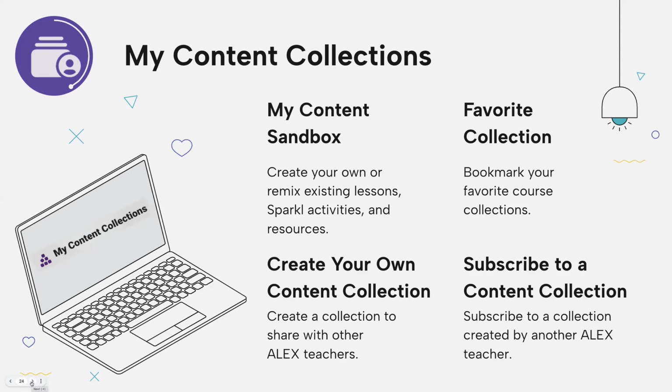If you know somebody who has created a content collection, so they've created their own little digital folder and they want to share it with you, you can do the opposite thing. You can subscribe to a collection that was created by another Alex teacher. So once you create an account, you will have access to all of these personalization features. And that's what we're going to spend the second half of today's session looking at.